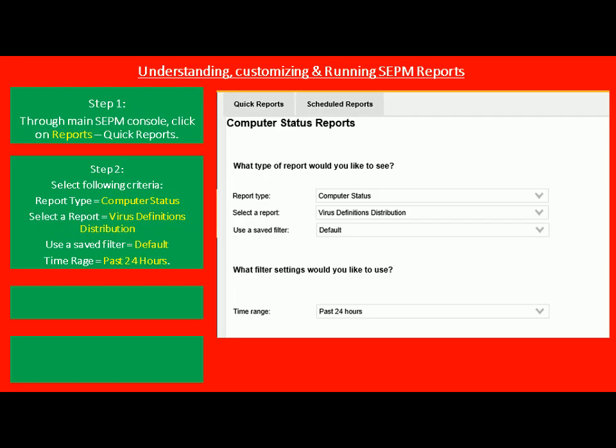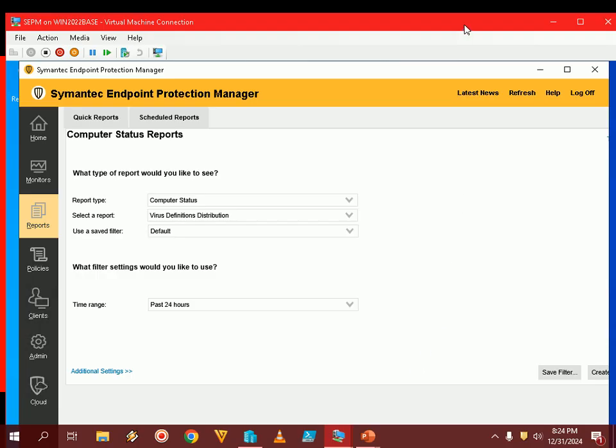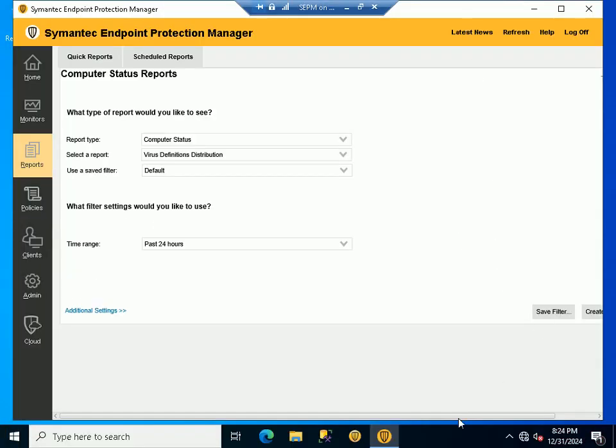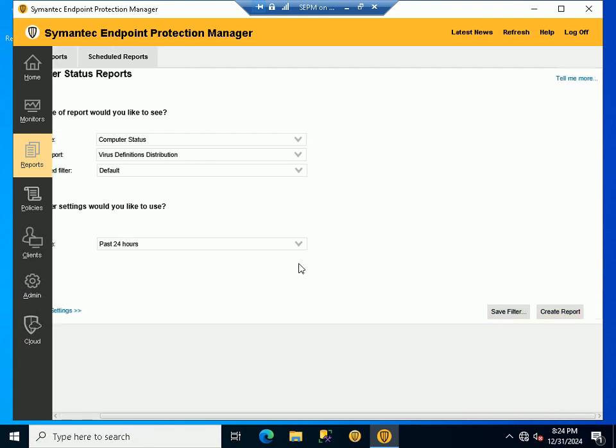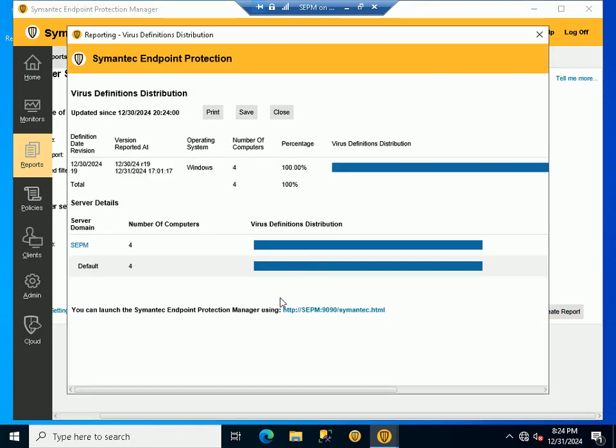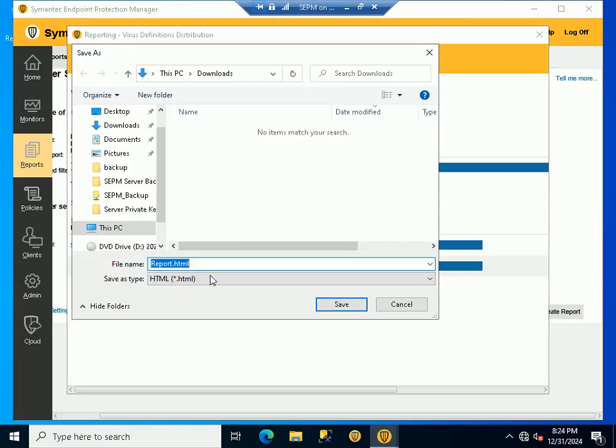Okay, and then finally we need to click on create report. So I am creating the report, and this is my report, and I can save it as an